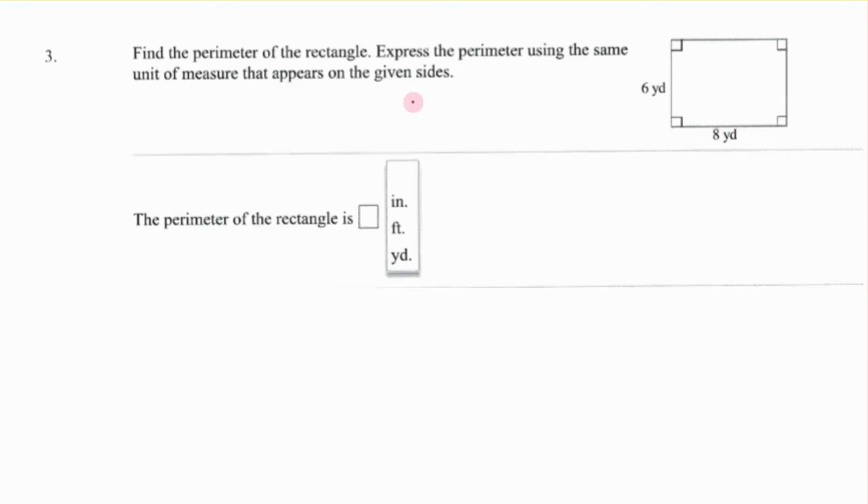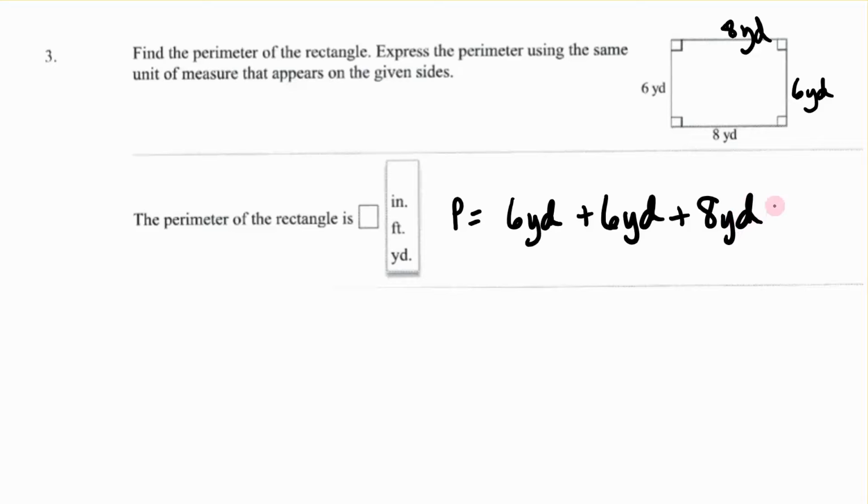Find the perimeter of the rectangle. Express the perimeter using the same units of measure. The only thing that's different about this one is that 2 of the sides don't have numbers, but they are implied to be the same as their parallel partner. So this is 6 yards and this is 8 yards. All right, so perimeter is 6 yards plus 6 yards plus 8 yards plus 8 yards. And when I add all those up, I get 28